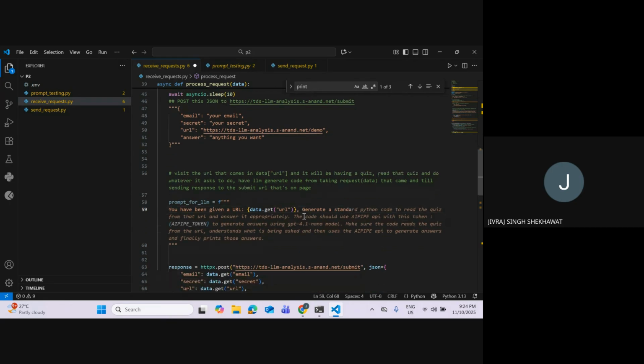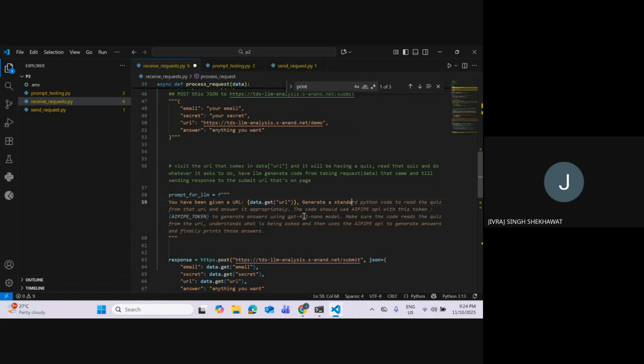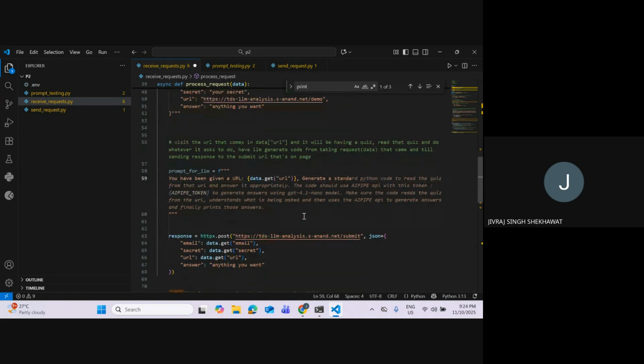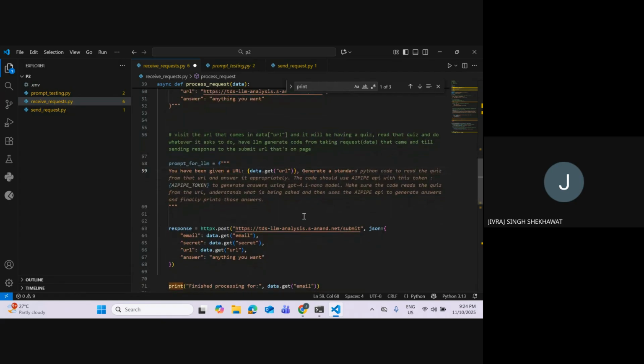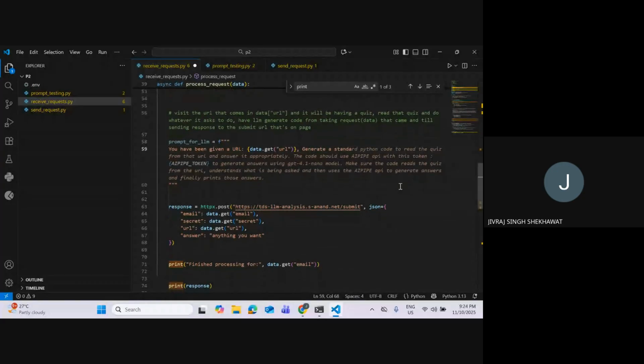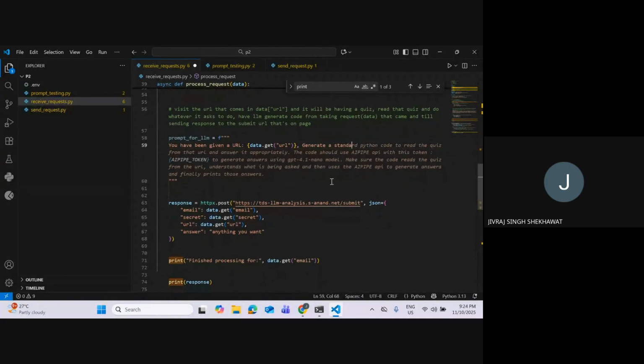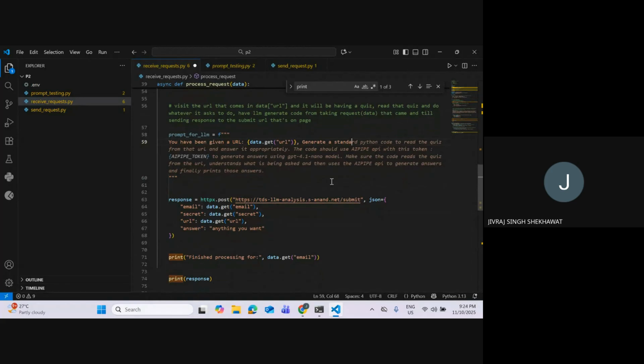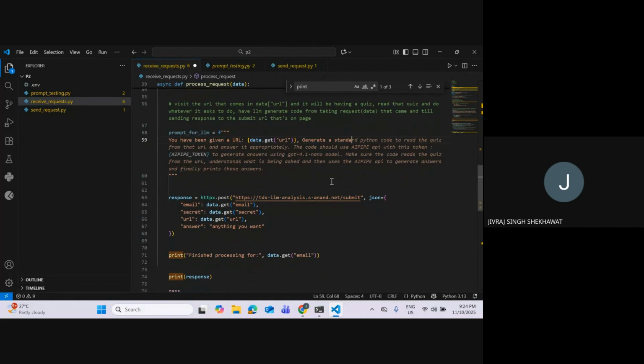The code should use AI pipe with this token to generate an answer using this particular model. Make sure the code reads the quiz from this and understands what is asked, and then uses the AI pipe API to generate answers, and finally prints